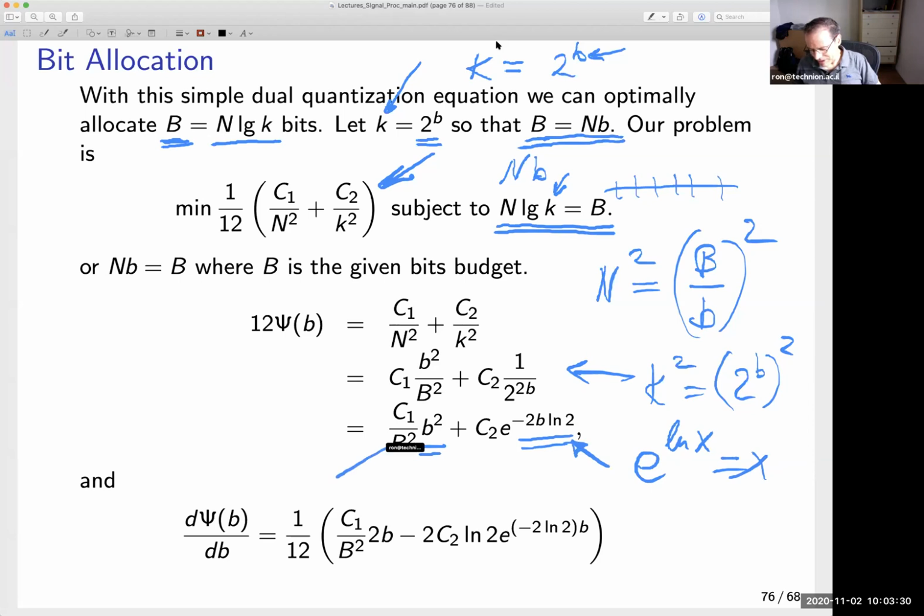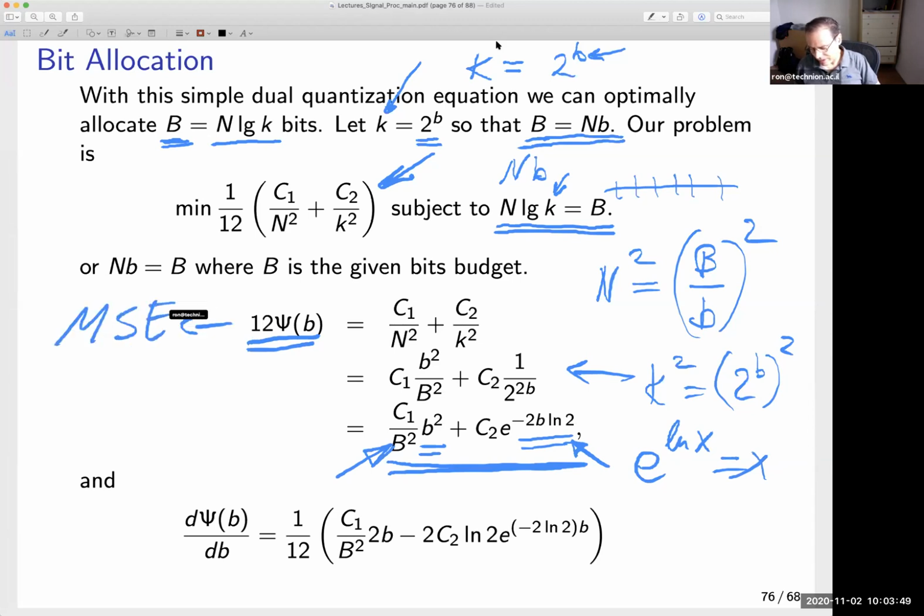Remember that capital B is a constant. It's a constant that somebody is giving us. So at the end of the day, what we see is that the definition of the error is given to us as the following function. Okay, the following function. And if I would like to optimize with respect... so this is the error. Okay, so this is the MSE,